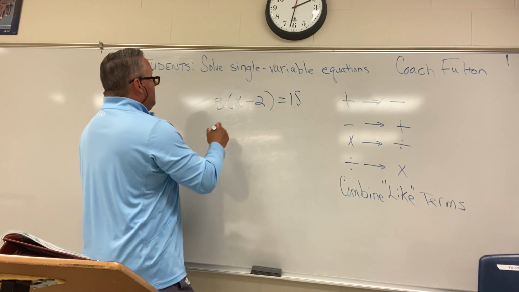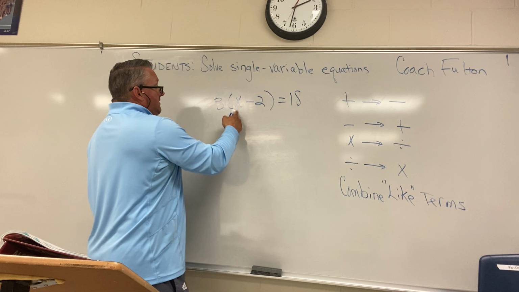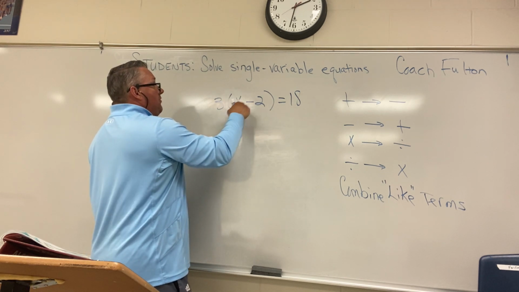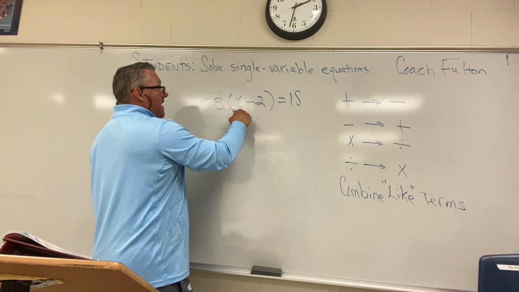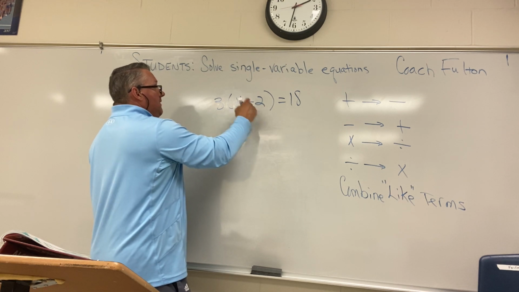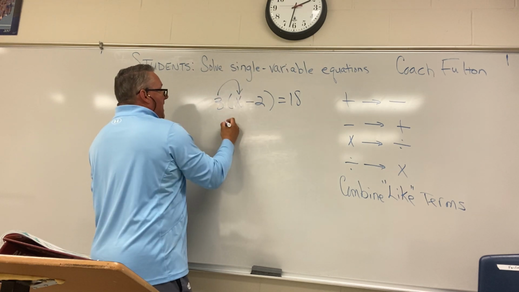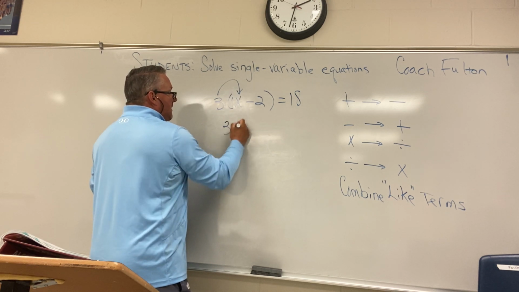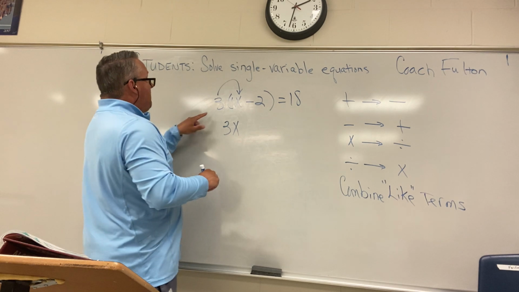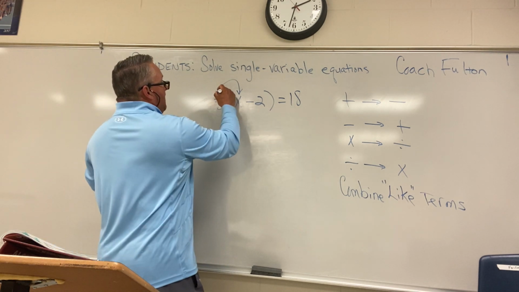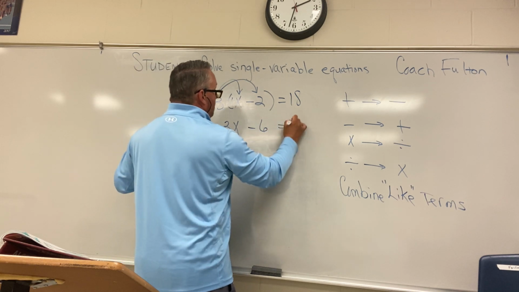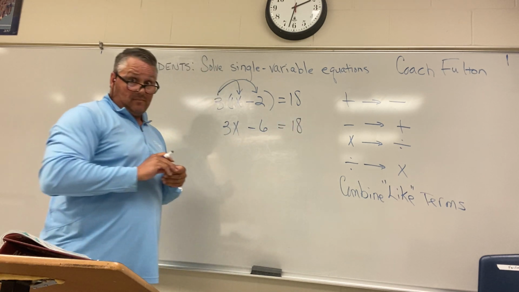We know that. This is 3 times x, right? When you do distributive property, the outside number here, 3, is multiplied by the 2 terms on the inside, x and the negative 2. So I'm gonna take 3 times x, which is 3 times 1, right? 3 times 1 is 3, and then you have an x. Then you have 3 times a negative 2, which is a negative 6, equals 18. At this point,